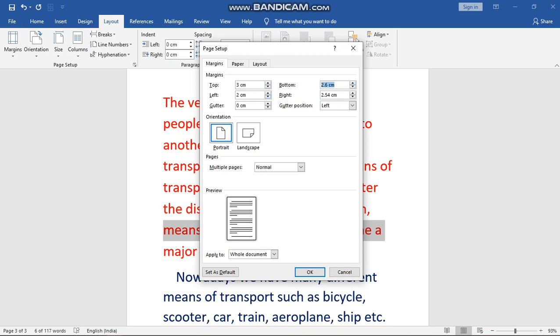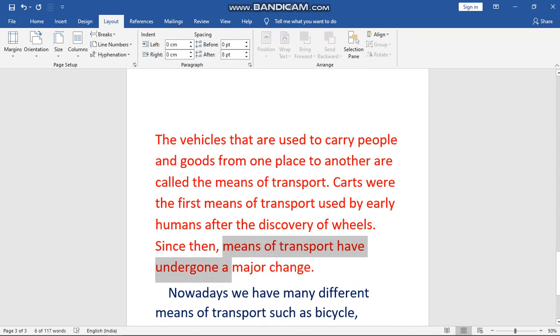The bottom margin again I made it 3, and right I'm making it 2. Okay, then I will click on OK, and the margin of the page has changed. It is customized according to the values given by me. This is how you can set the margins of your page.